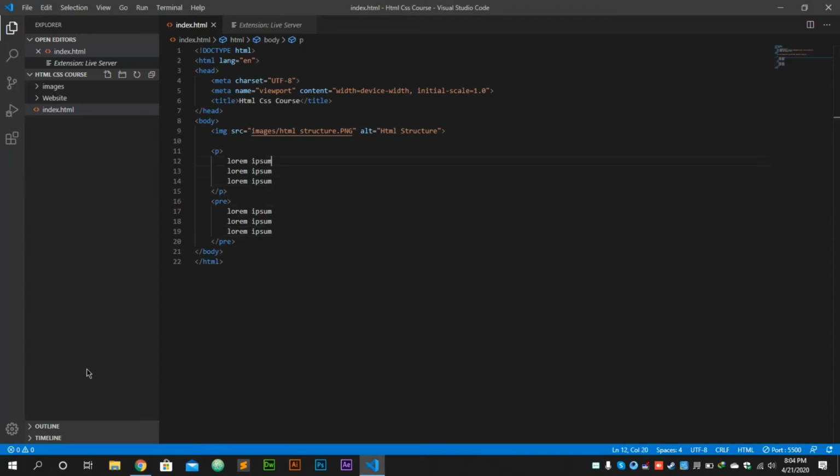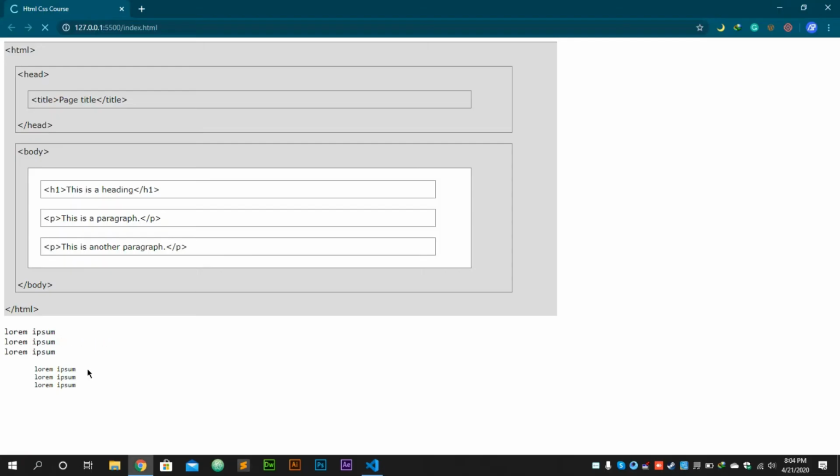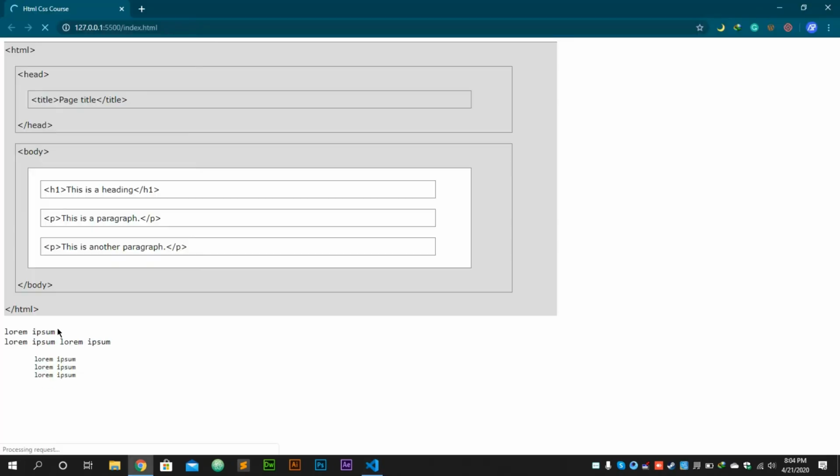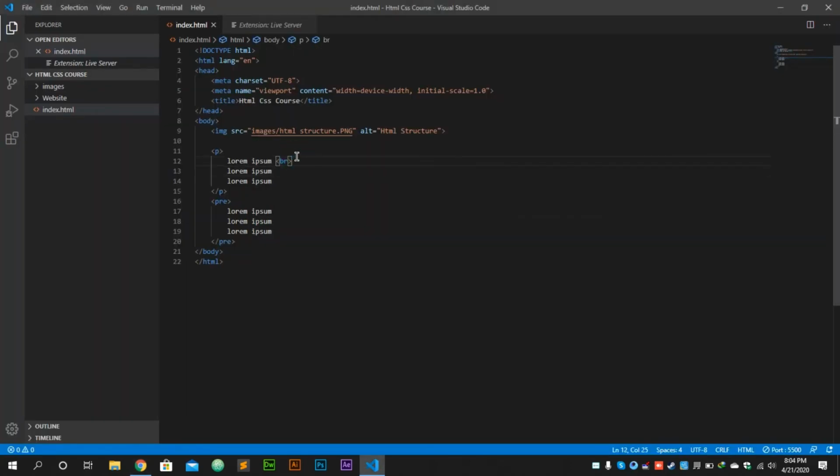You can add a line break in the p tag also by using the br tag. When you use the br tag, your line will break. If I remove this br tag, see, the one line is broken because I have added a break there.